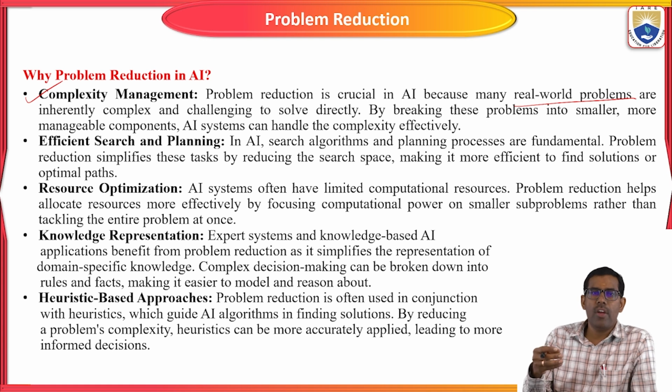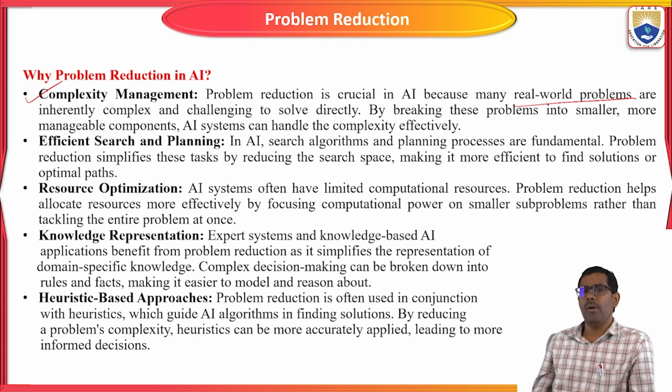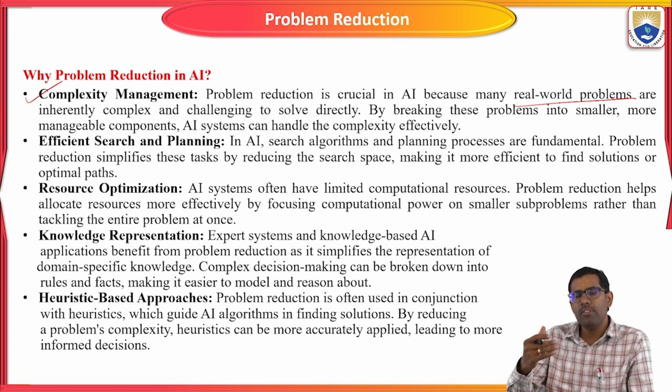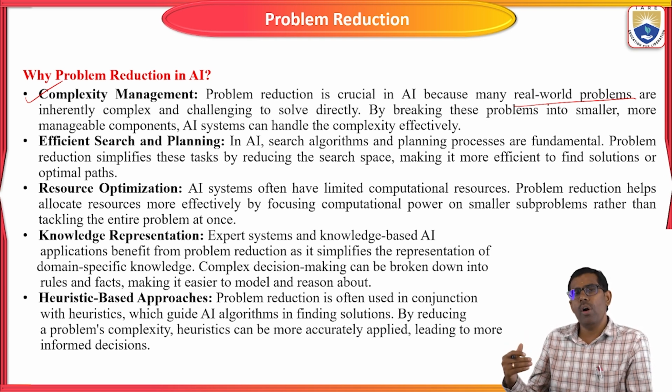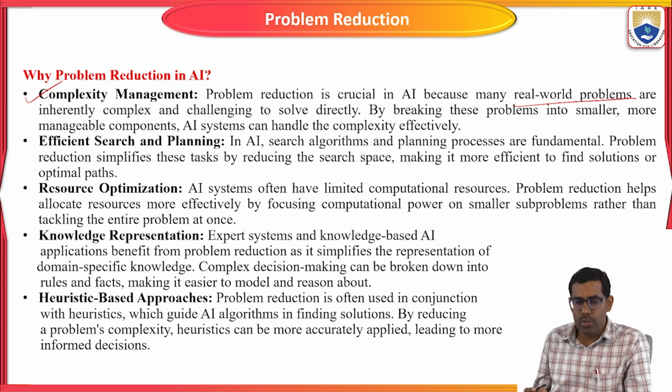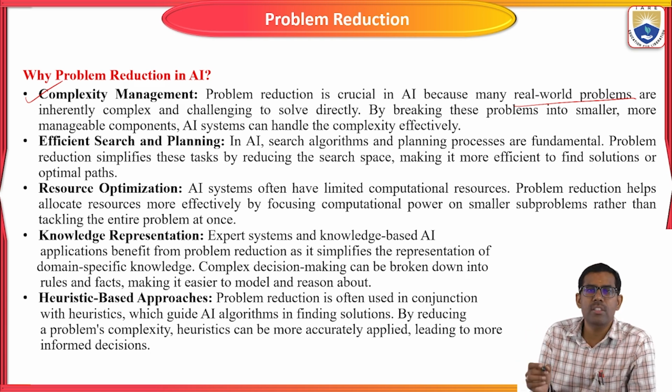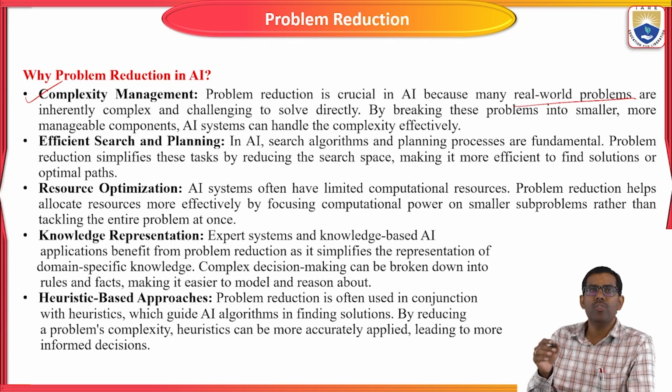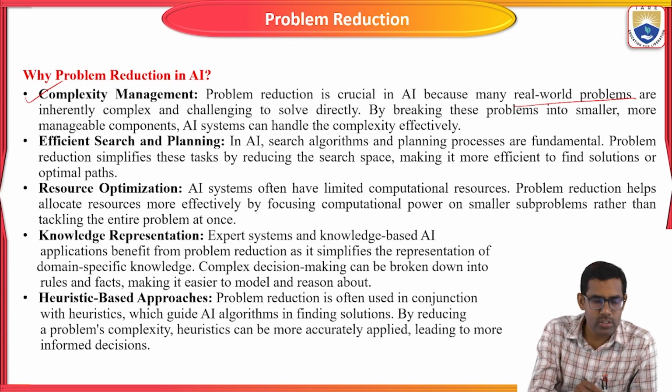So if you have some problem, we are going to try to find a suitable solution for it. This time we are going to break it into a number of modules. Say we have one problem that we divide into five or six modules. Each and every module we are going to test. After the test, we see what the solution is. Finally, we combine the solutions of each and every module. Like this, complexity management is very important in artificial intelligence if you are using problem reduction, right? So the second one is